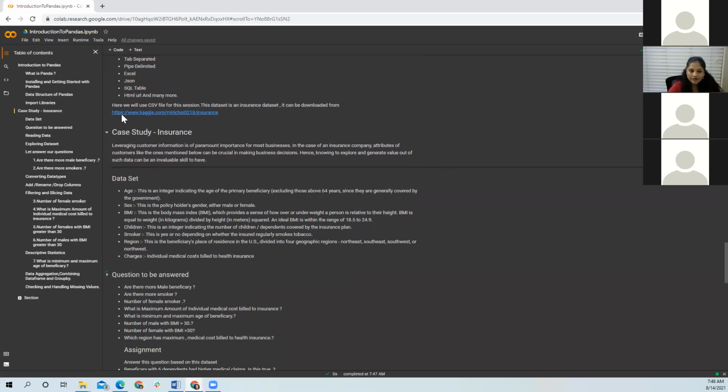So this case study is basically about an insurance data set. All these values like age, sex, BMI, children, smoker, are crucial attributes for making business decisions. Here we are going to explore what value we can generate, to get some insights about the data, which can help the business make some crucial business decisions.